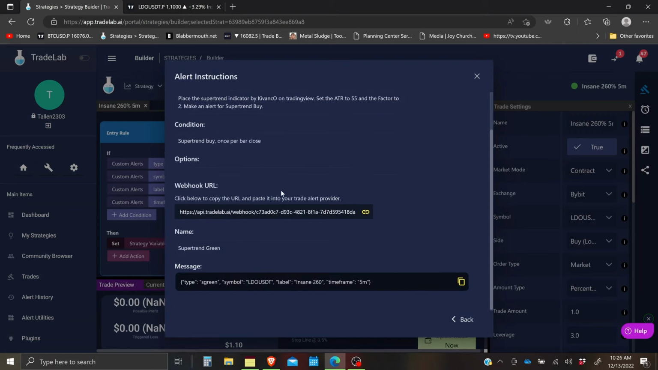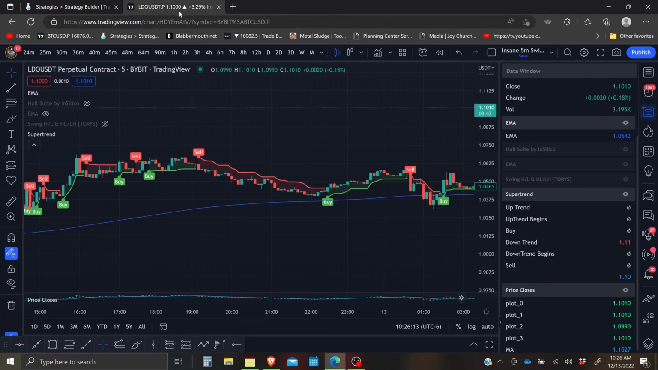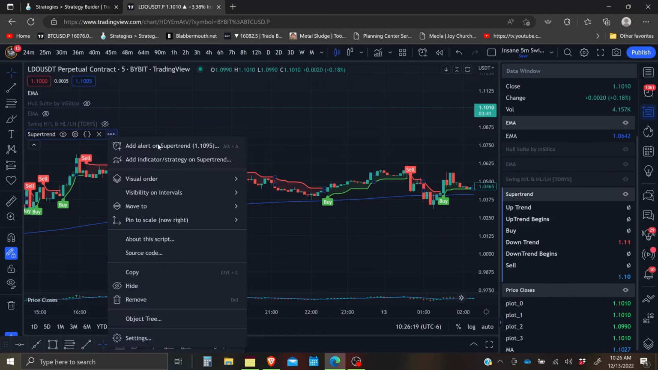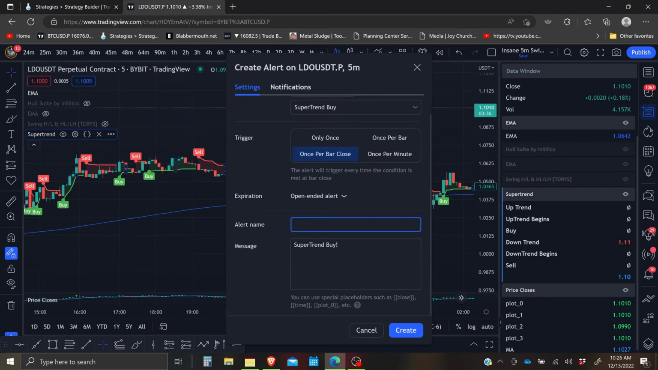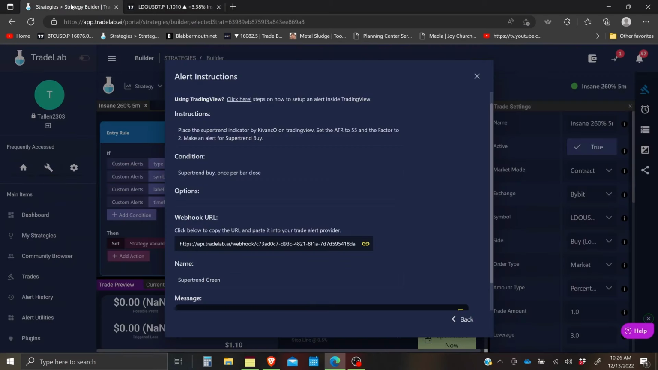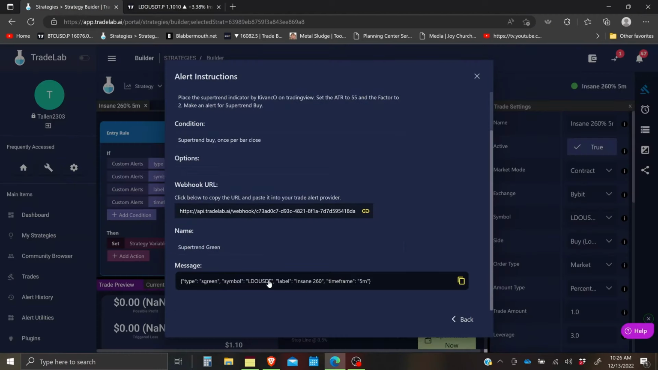First one I'm going to do is super trend green. So we're going to go to our super trend indicator. Add alert for buy. That's for bar close. Call this, you know what, we'll do it this way. Trend green. So all you have to do is click on this. Then you're going to click on here, paste it, delete this, go here, click on your message,